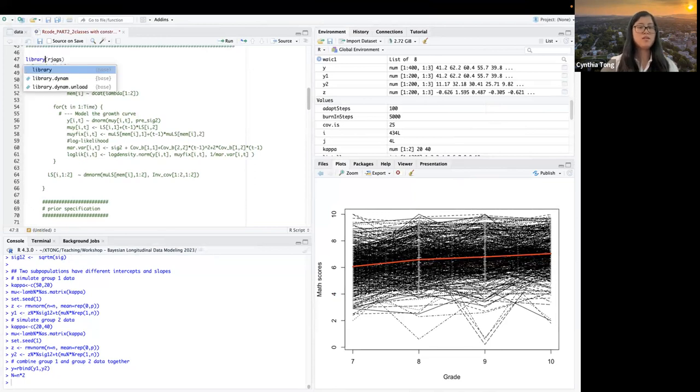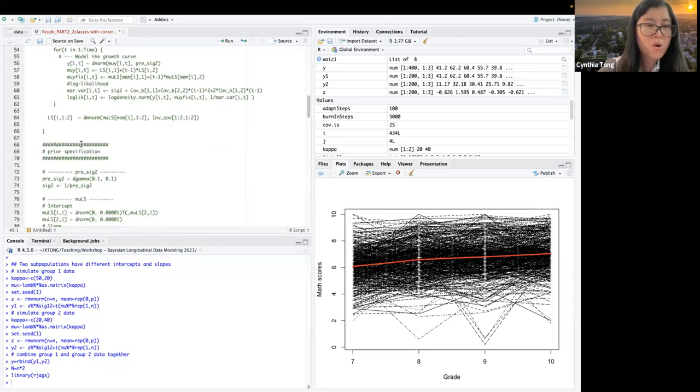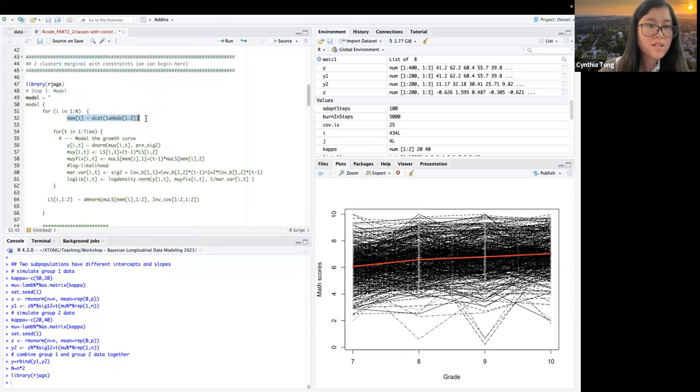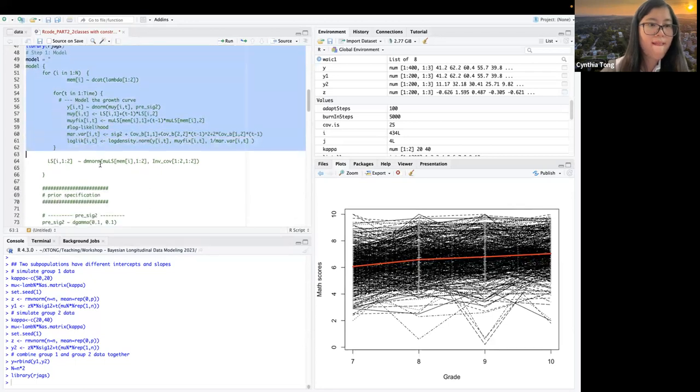So I will load the package, and the model, as I already explained in part 2, has the membership indicator as a multinomial distribution. And we also have the log likelihood value specified here.